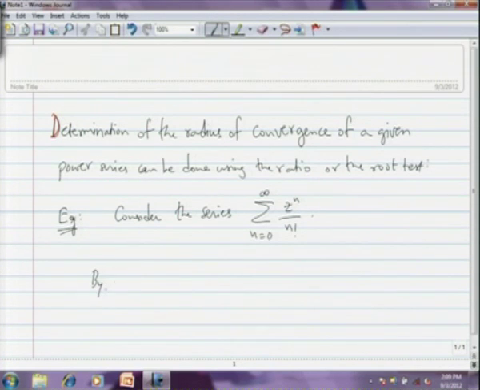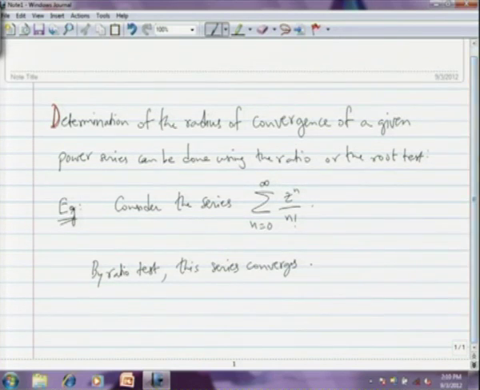So, by ratio test, this series converges absolutely when the limit as n tends to infinity of the modulus of the n plus 1th term